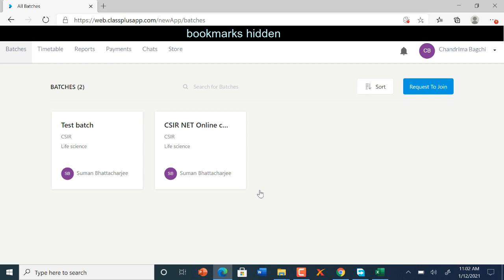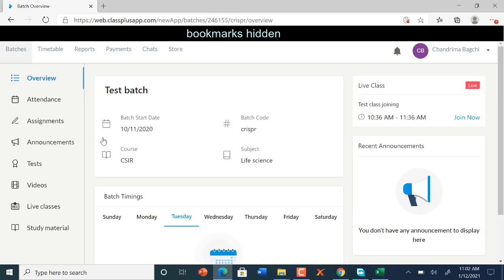Okay, so here you can see the moment you log in, you are going to see the number of classes and batches you are added to. In your case, you will see only one batch because you are added to only one batch. But in our case, there are multiple batches. In your case, remember, you will be added to only one batch, that is CSIR NET Online Coaching June 2021, right? But this is the test batch that we have with 1 or 2 members of our organization to give you an idea. So I'll click that.